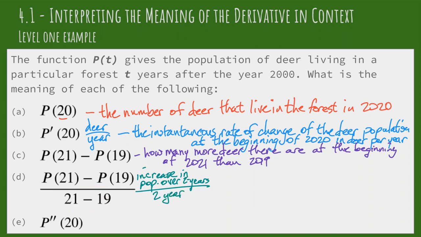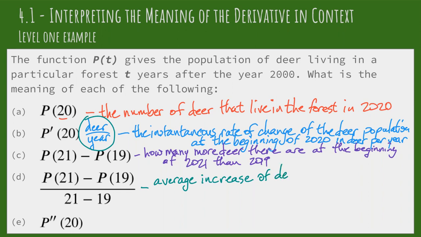So the units that we're getting here are actually the same units that we had in part B, because the numerator is a number of deer and the denominator is a number of years. So the units are going to be deer per year, but this is not an instantaneous rate of change. It is a rate of change, but it's going to be an average rate of change. Okay, so it's going to be the average, I'm going to say increase. If this is negative, then it would be a decrease. So the average increase of the deer population